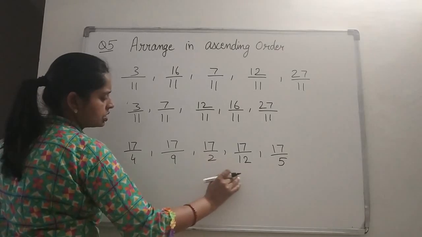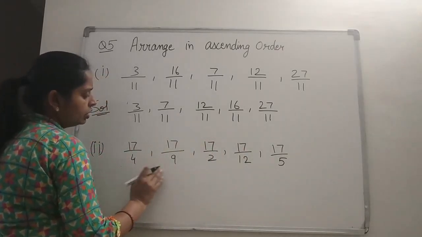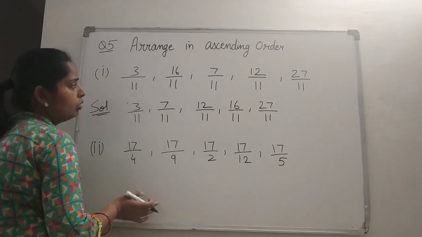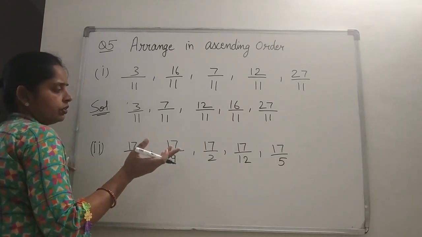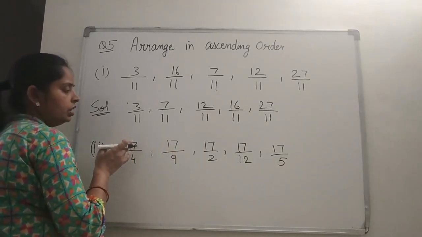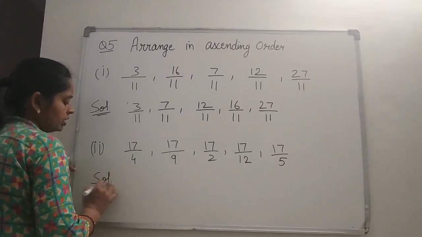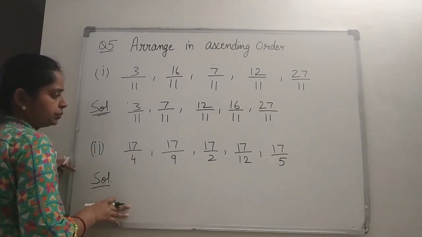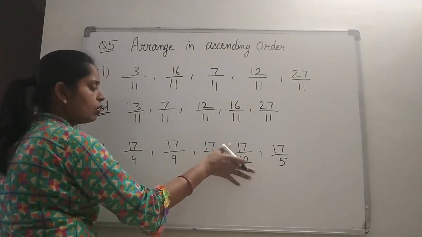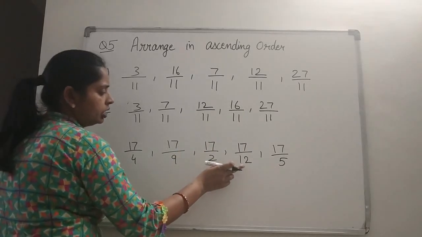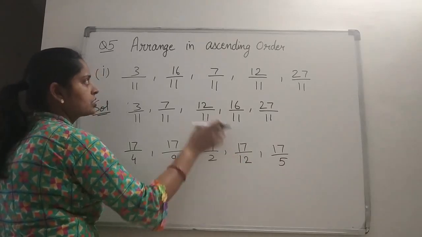Right? And if we are having numerators as the same, you can see every fraction is having 17 as the numerator. Right? And denominators are different. So how we will do the arrangement? So if we are having different denominators, we are going for the LCM method, right? But if the numerators are same, then directly we can write the arrangement. How so? Just opposite arrangement we have to do. The denominator, which is the biggest one, will be the smallest fraction.